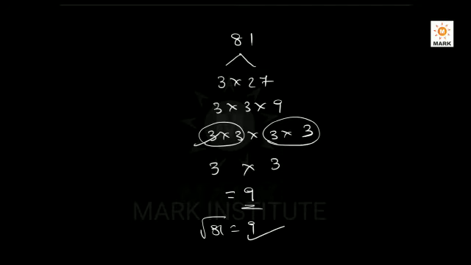So when they tell that it is a perfect square, definitely when you prime factorize it, all the prime numbers that you get should always be in pairs, 2 times or 4 times or 6 times. So from every pair, that means from every 2, you have to take one representative and multiply them. Whatever product you get, that is nothing but the square root of that given perfect square number.